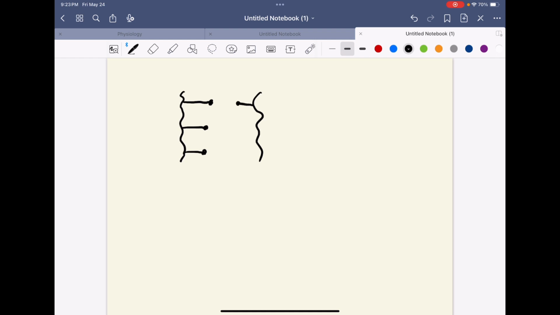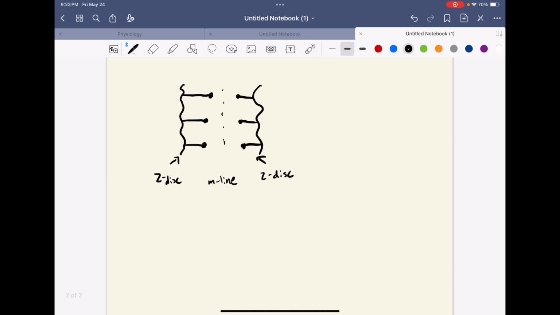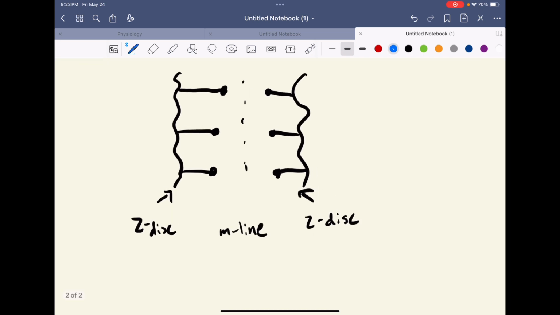The first piece, let me get it drawn out here, are these here. These are called the Z discs on both sides, and they are separated in the middle by the M line. That M line is present in all sarcomeres, and it's just kind of the division between the two edges of these sarcomeres. The sarcomere also has, we'll draw it in a different color here, what we call titin, and it's